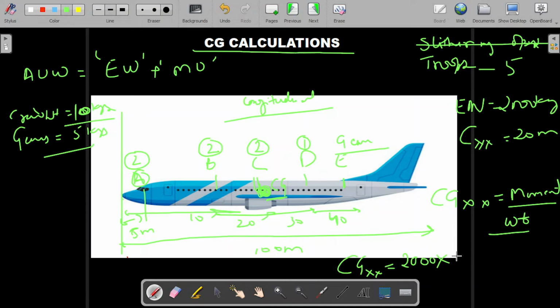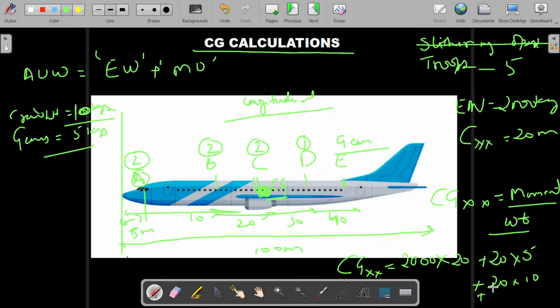So 2000 into 20 meter. Then we'll take separately. At Alpha there are 2 pilots, that means 20 kgs into 5 meter, plus then Bravo, which is at 10 meter, and there are two people sitting, then 20 into 10, plus